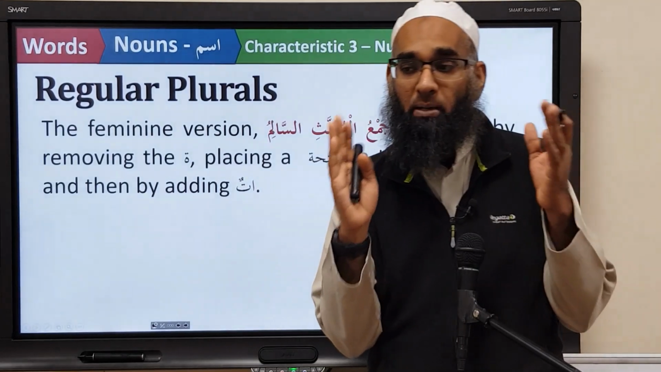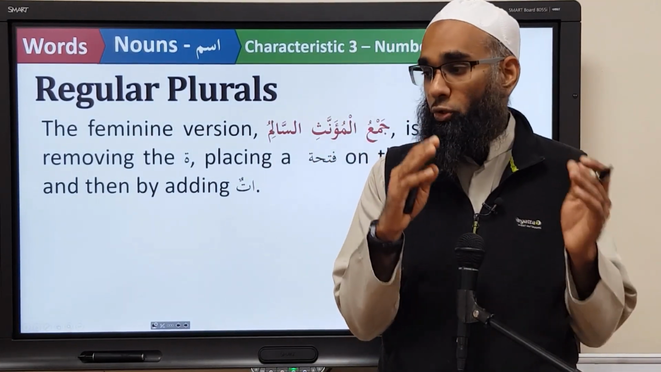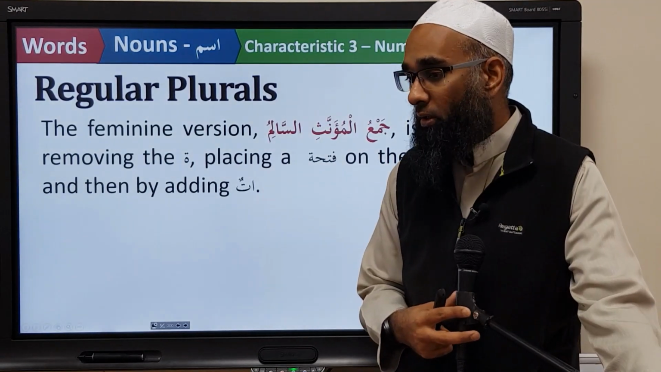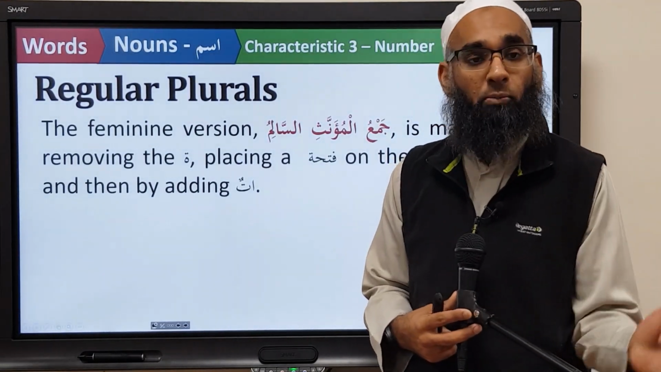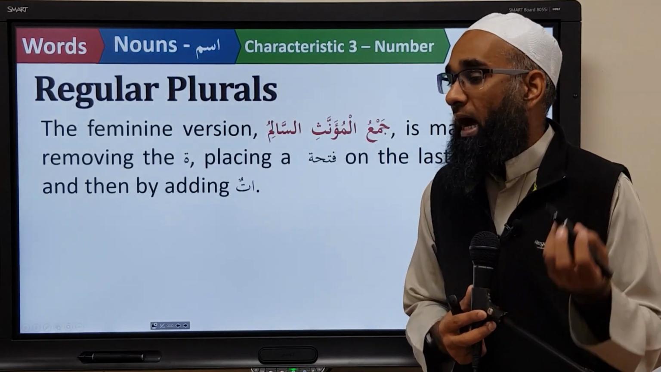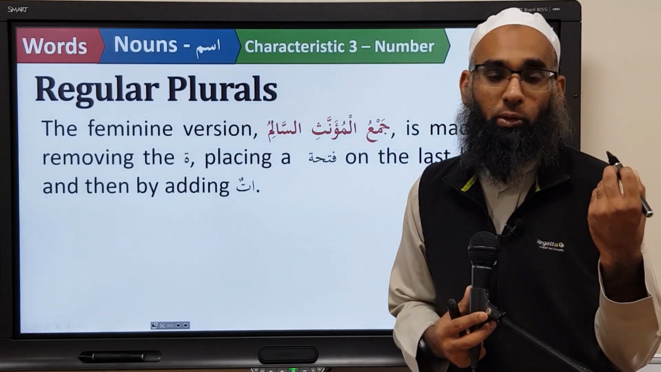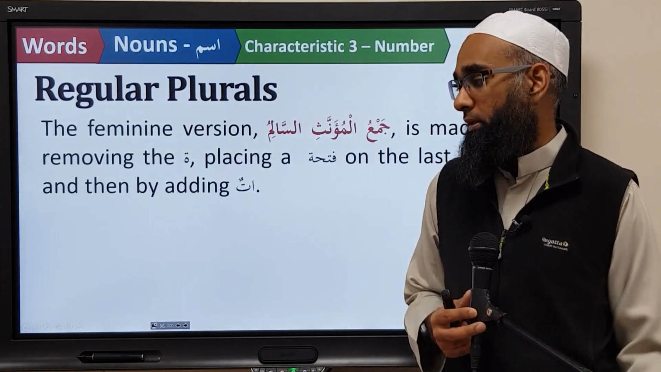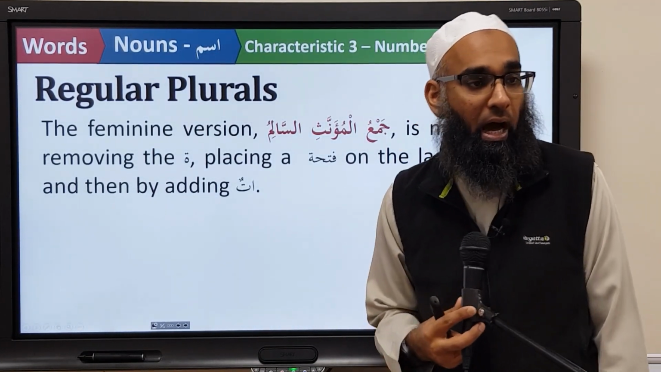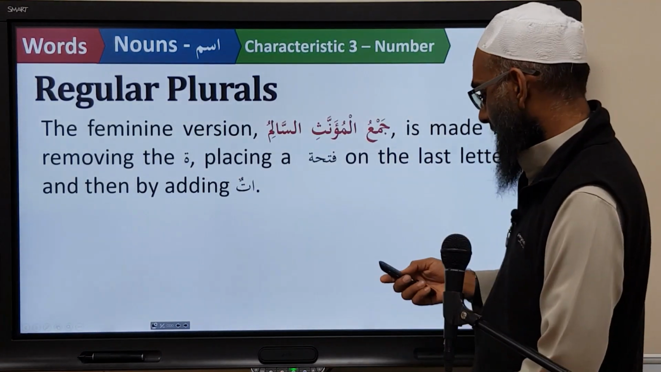So we know how to make jam'ul mudhakkar as-salim. To make jam'ul mudhakkar as-salim, you add what? Una. And to make a feminine word plural, you have to add what? Atun. So to make a jam'ul mu'annath salim, you have to add atun. For example, we have here